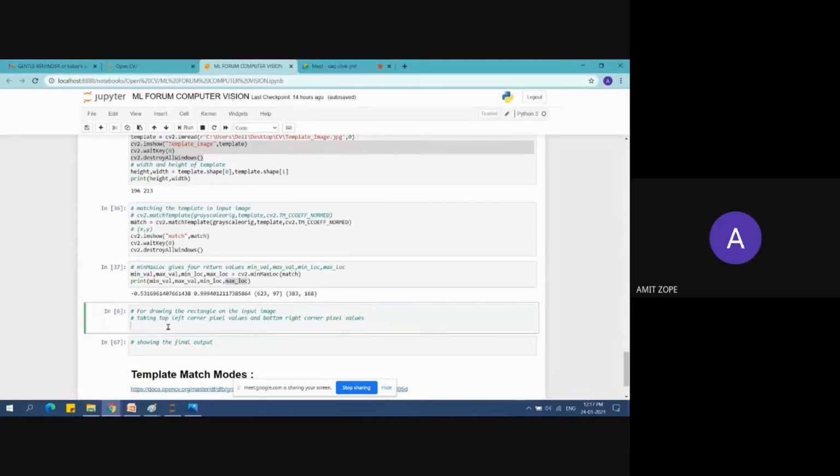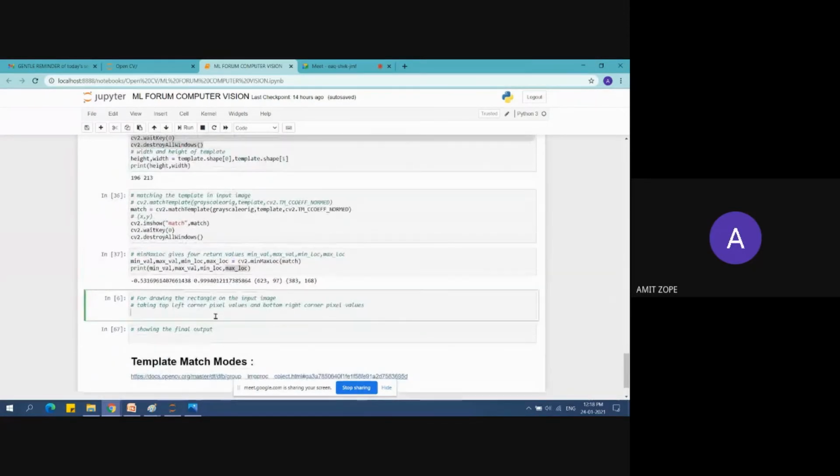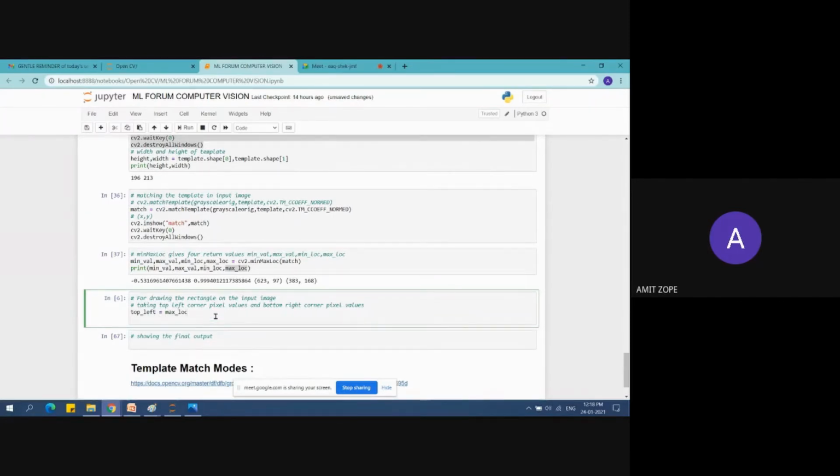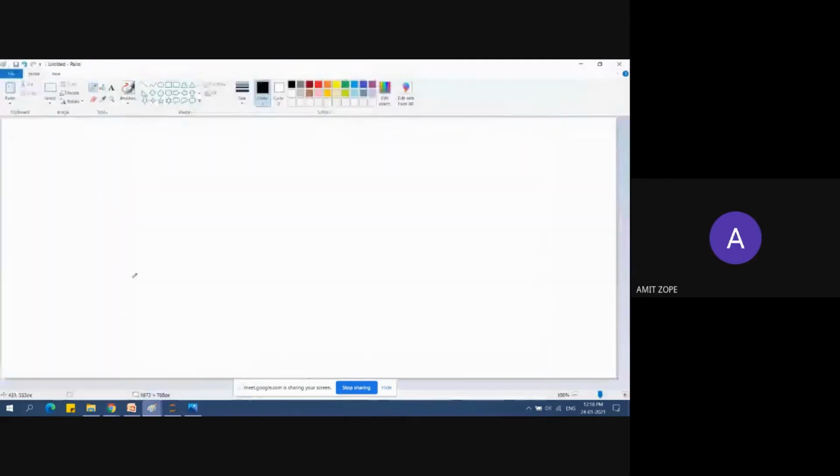Now what I will do is I will take the maximum location as the top left coordinates and then the bottom right coordinates for drawing the rectangle on that original image. So top left is max loc, and bottom right will be, I guess, this is the pixel value.